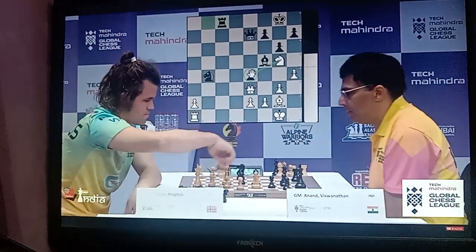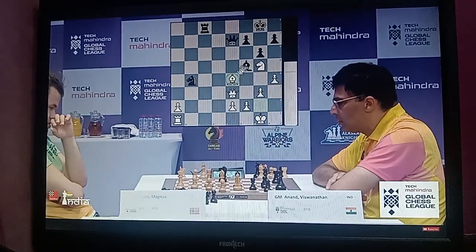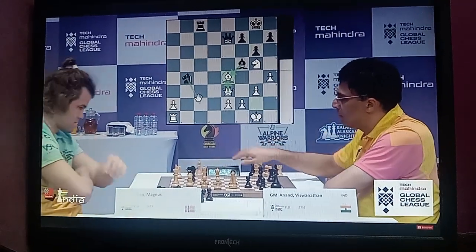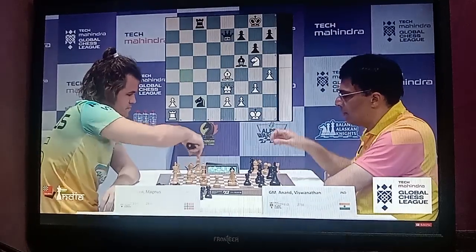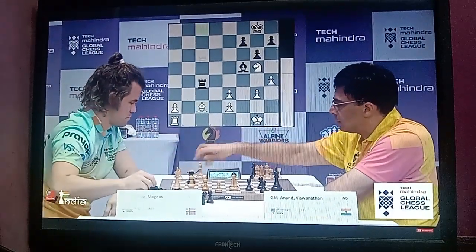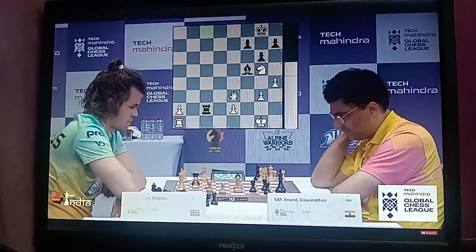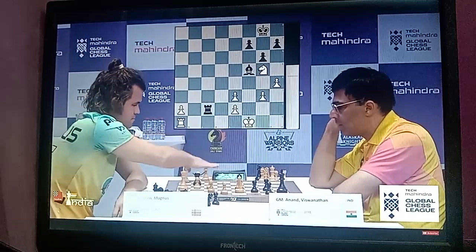Or is this, because if you take with the knight, there is knight c2, but Magnus says I'm going to take with the bishop. If you take here, I'll take with the queen, and if you play knight c2, which Vishy does, then I'll take that with my bishop. Queen takes queen, pawn takes, rook takes. So now Magnus is 2 pawns up, but look at these pawns. They are doubled and weak, but